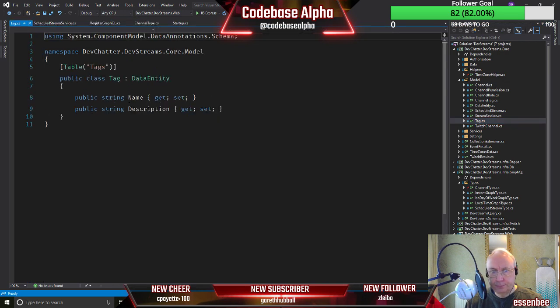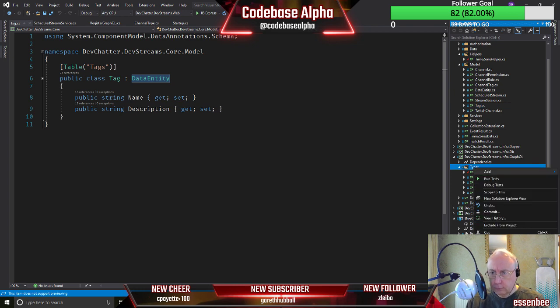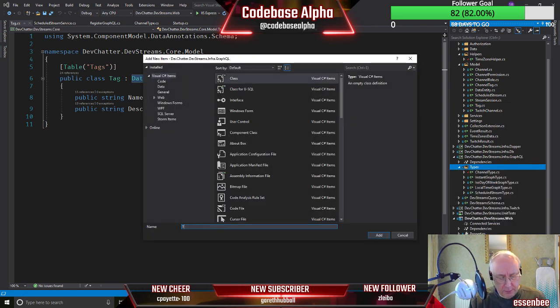So tag is simple. It's a name, an ID, which is inherited from data entry, and a description. So let's go and build that in our GraphQL types. I'll add a class in here, and this is going to be tag type, following the convention of putting the word type after the name of the model.